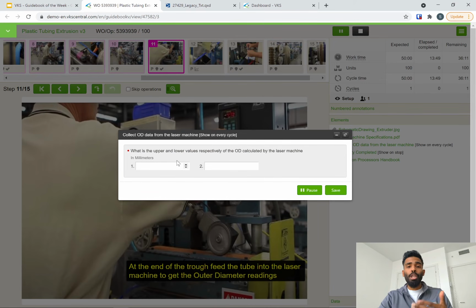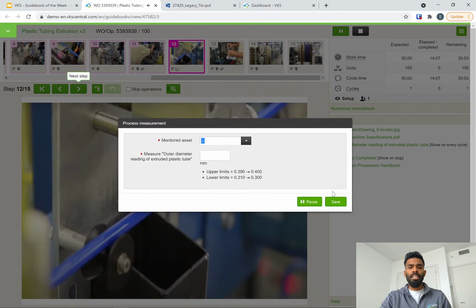What are the upper and lower values, respectively, of the OD calculated by the laser machine? So you would do, respectively, the upper limit is, let's say, 0.38, and the lower limit, let's say it's 3.376, for example. So as soon as that gets saved into an information, that's the reading that you got from